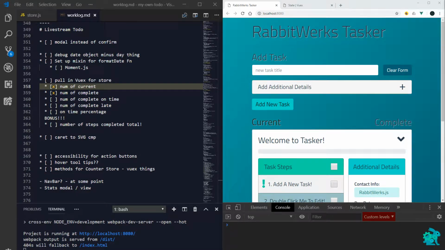Tonight is episode 20 of the Tasker app series, and we're going to be doing some more Vuex tonight and getting some more methods and stats tracking in our Vuex store. So cool, let's get started right away and not delay at all, because tonight's going to be a shorter episode. I only have about an hour or so to work with tonight, so let's get as much as we can